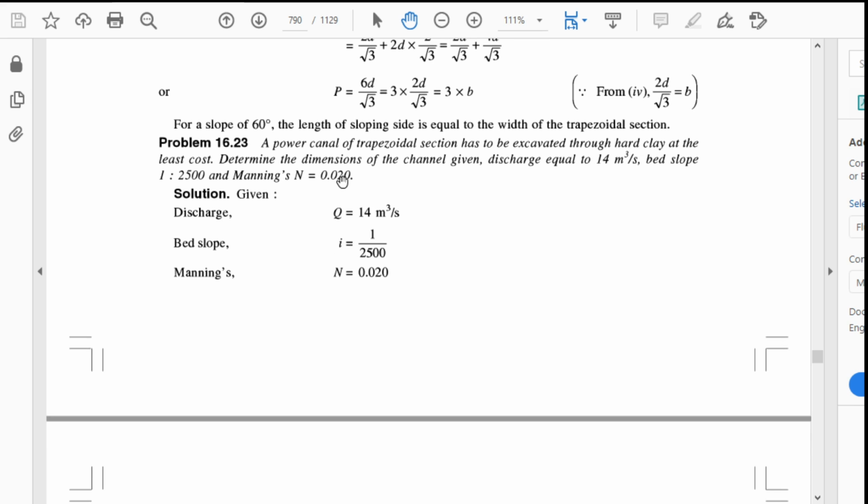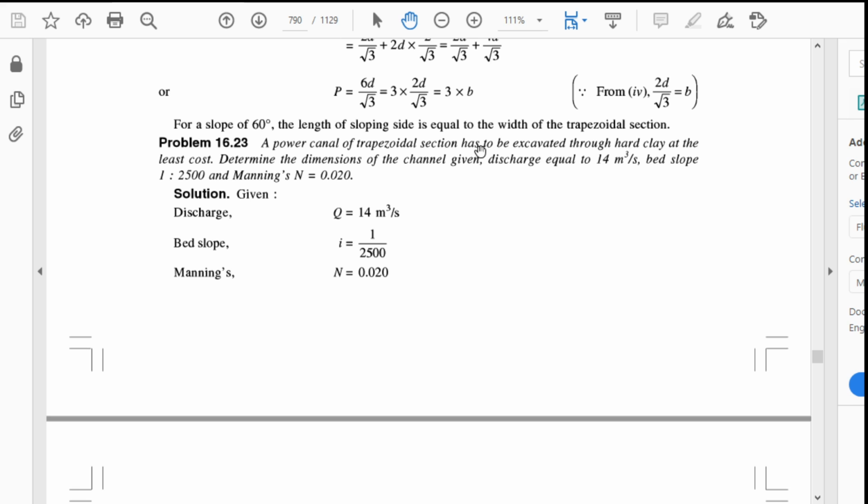Now we'll move further to the numerical on the same part. A power canal of trapezoidal section has to be excavated through hard clay at the least cost. Now determine the dimensions of the channel, given discharge equal to 14 meter cube per second, bed slope is 1 in 2500 and the Manning's N is